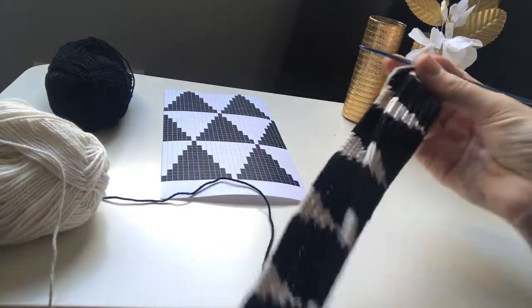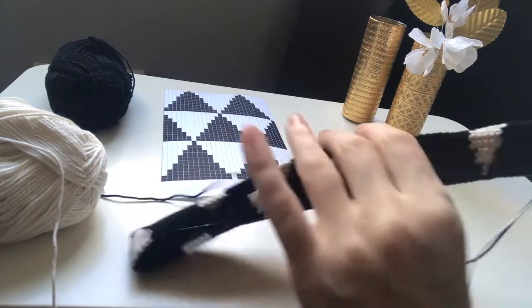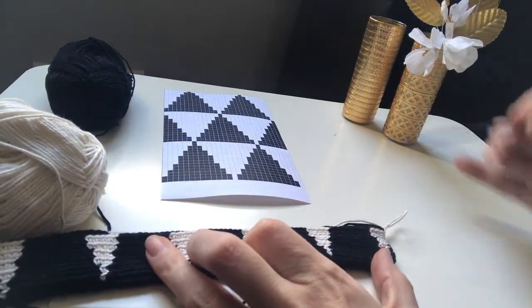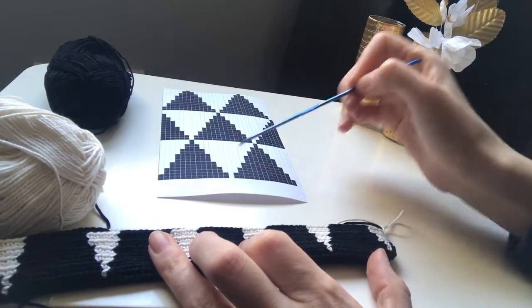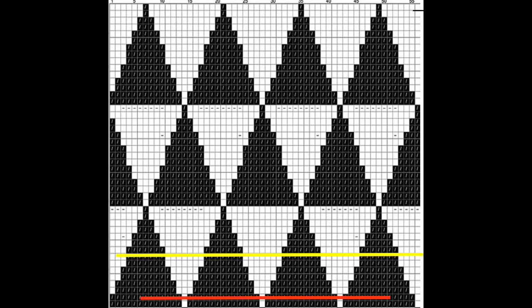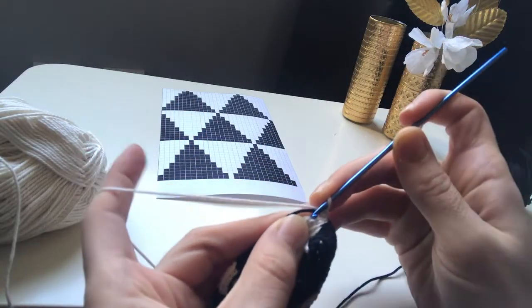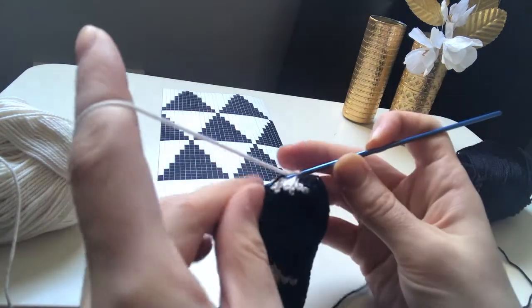Okay, so if you see here the pattern, it's looking pretty similar, right? Okay, here. So we are going to continue here. 4 white stitches, 7 blue stitches, just continues like that. Just follow the pattern. Okay, so just follow the pattern. We do 4 white stitches, always the back. If you see here, always the back,